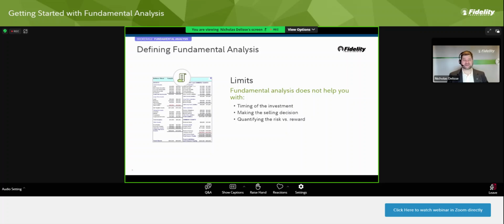Now, it brings us to the limits of fundamental analysis. It might show you what might be a good security, but it can't help you with timing. Is now a good time to buy? Is the market topped out? Are we about to crash? Fundamental analysis can't answer that question because fundamentally,